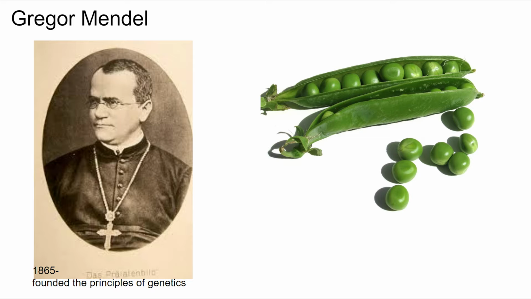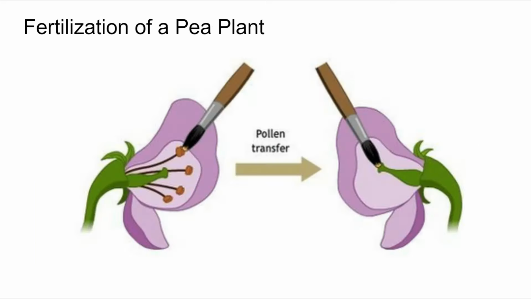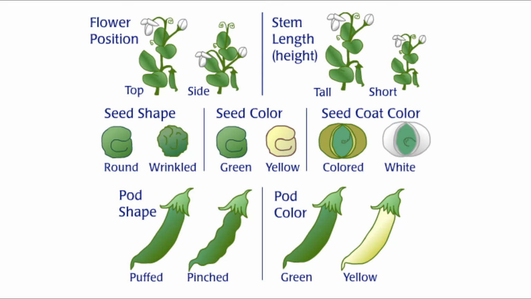These are plants, so he decided to breed them. Fertilization is taking the male sex cell, the sperm, and combining it with the female sex cell, the egg, and then you get an offspring that looks genetically different from the parents. Mixed genes. The pollen is the male sex cell, put it in the stamen where the eggs are, the female sex cell, and then we've got new little baby pea plants. When those baby pea plants started to grow and mature,